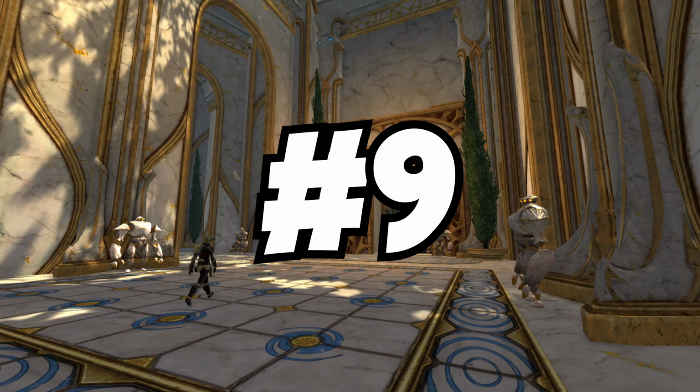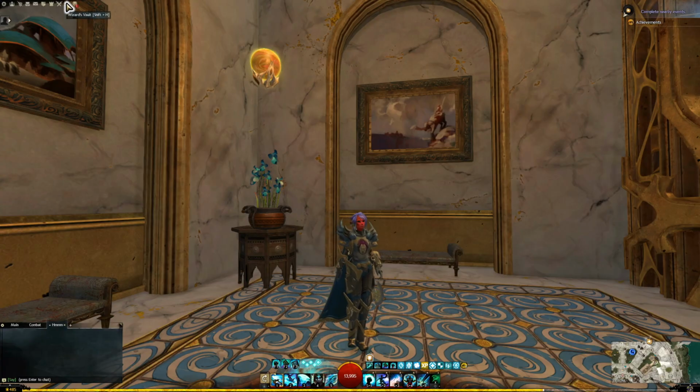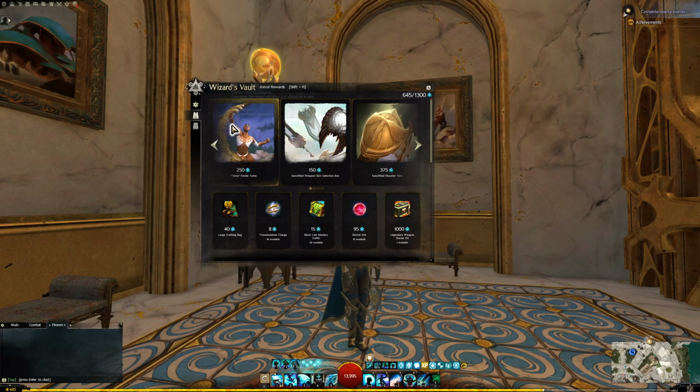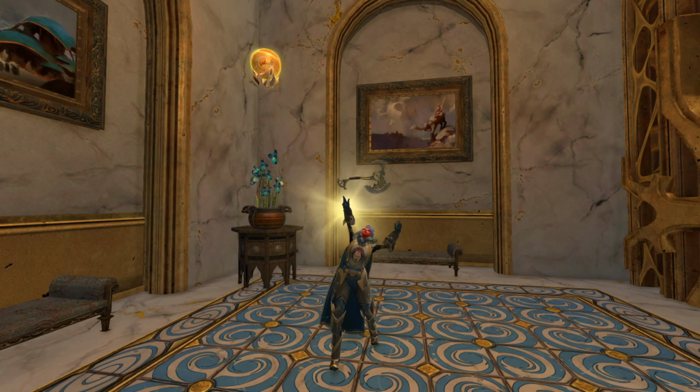And on that note, in the number 9 spot I have the Wizard's Vault. This is an interesting location in the Wizard's Tower that is connected to a new mechanic introduced with the expansion. The old daily and login achievements and rewards were replaced with the Wizard's Vault, which changes how the daily system works, where a big part of it is you can now get some really cool rewards by doing dailies, weeklies,